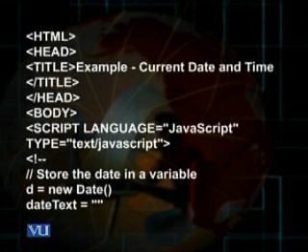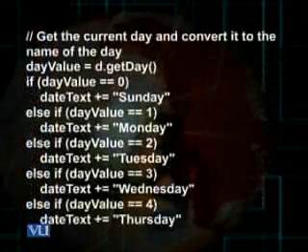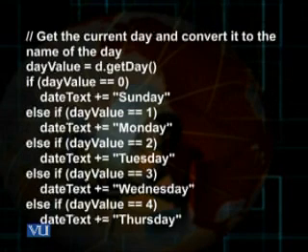Underneath, you can see I define a variable. I name it date text, and I keep its value as an empty string. Then my first task is to get the current day. For that, again, I define a variable. I name it day value, and I keep its value